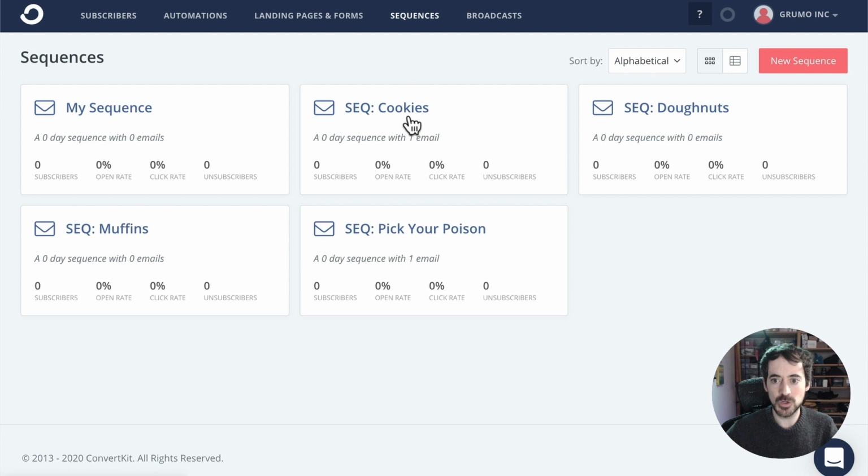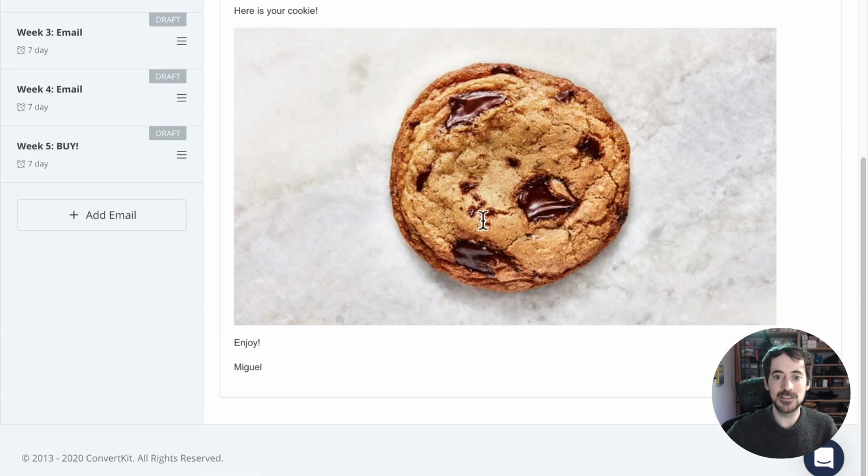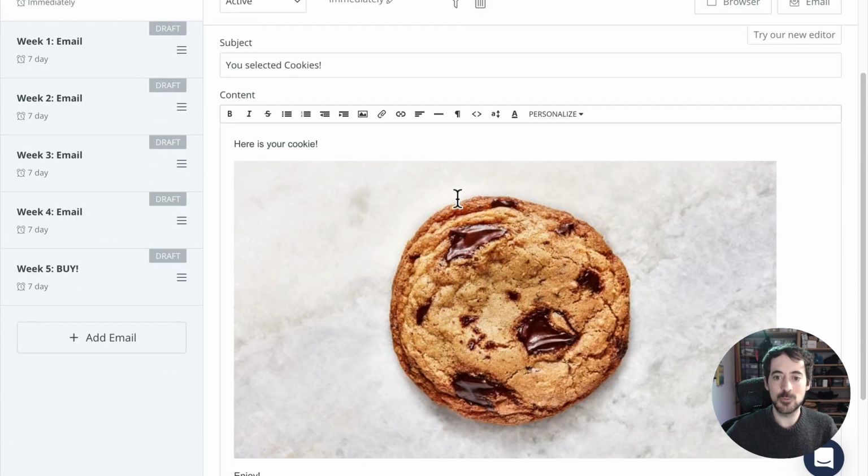1 sequence for cookies, 1 sequence for donuts, 1 sequence for muffins. So based on their choice, they'll be subscribed to one of these 3 sequences. So if we go to cookies, you can see that I created a sequence that is 5 weeks long, but immediately as they subscribe or make the choice to get cookie content, they'll get this email with a big cookie